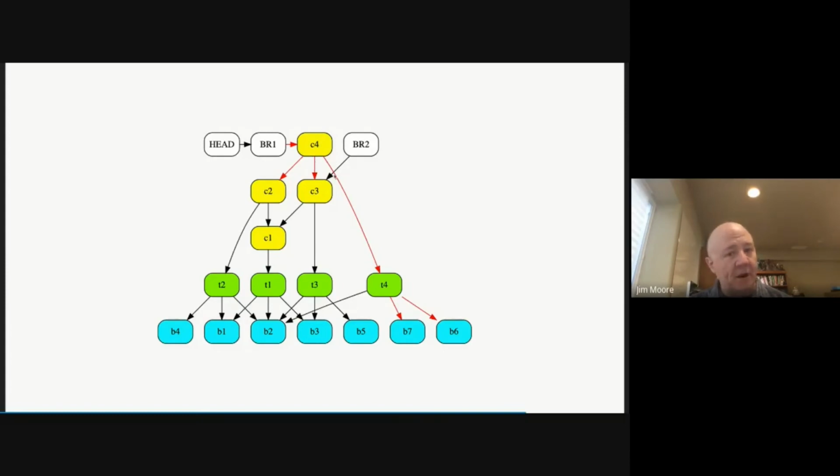Branch 2 is still pointing to commit 3, but because of the various merges that happen, almost certainly a new tree would be created. Not necessarily, but 99% of the time. A new tree is created that points to many of the same files that were there before, but as a result of the 3-way merge that typically happens as part of a merge operation, you have new blobs that are created, and therefore the new tree, and therefore the new commit. So that's what happens when you do a git merge.